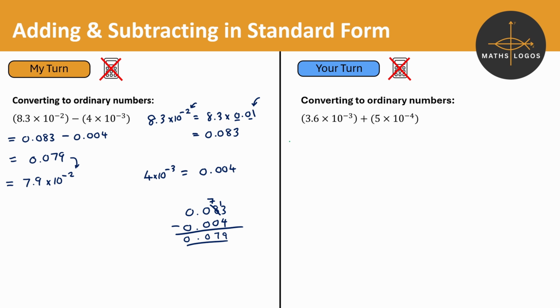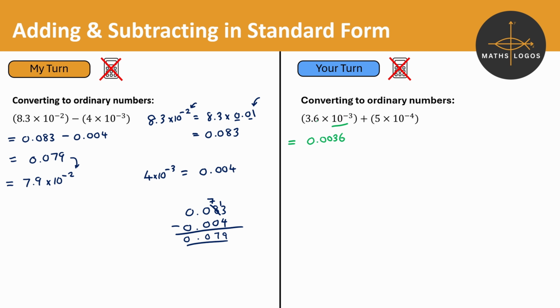So you should start by converting the 3.6 times 10 to the negative 3 to an ordinary number. That would be 0.0036. Another way to do this, instead of writing out all your working out, is to know that if I'm multiplying by 10 to the power of negative 3, I need to shift all of my digits 3 place value columns to the right